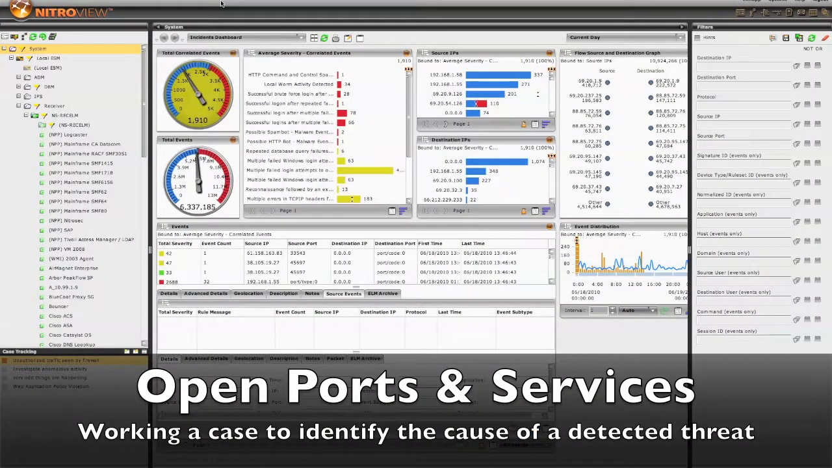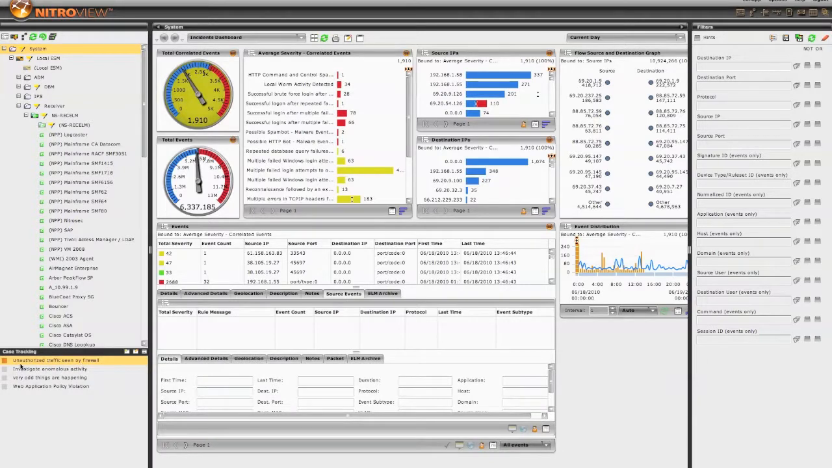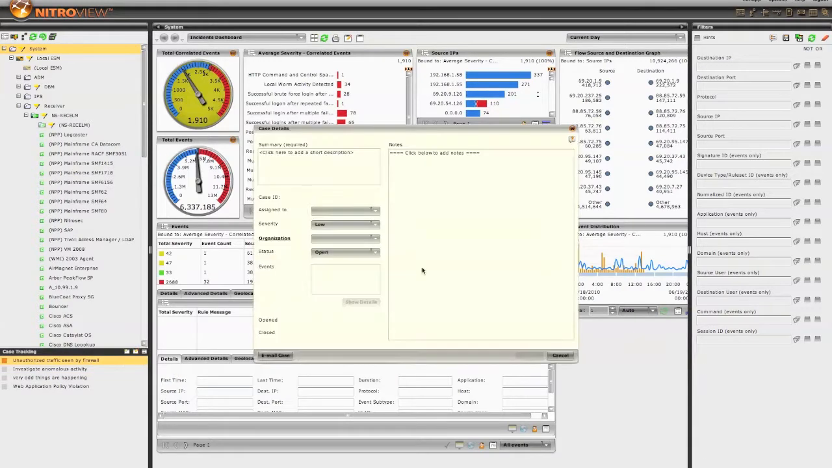Logging into NitroView ESM, the first thing that I notice is that there is a new case that's been assigned to me, telling me that unauthorized traffic has been seen by the firewall. Now, you can't talk about risks without talking about threats, and this is a threat. So I'll drill into this case, and we see that there's been a notification that outbound traffic was blocked by